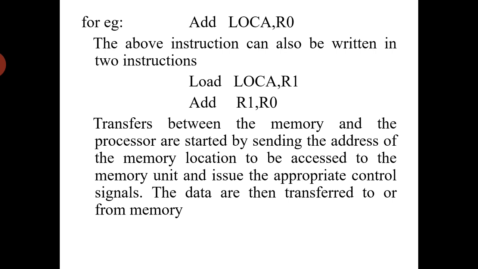So, ADD LOCA, R0. Here ADD is the opcode. Location A is the address of a main memory location, the address of the memory. And R0 is the general purpose register. So what is the operation? Whatever data is present in location A,